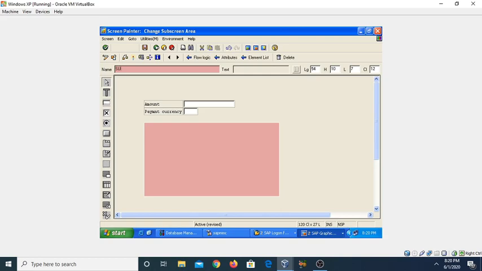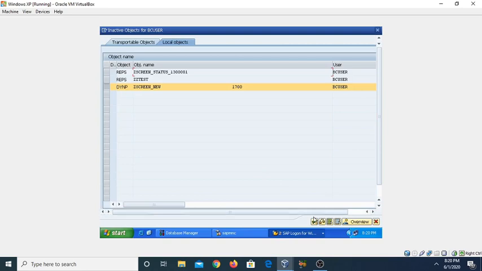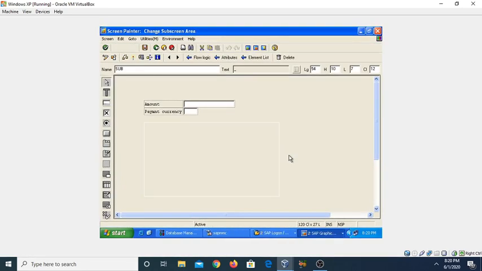In my case, I am giving here SUB. Now click on the save button, check for errors and then activate it. So we have created here the subscreen area, or you may say the rectangular area on which we want to display the subscreens. Now close it.